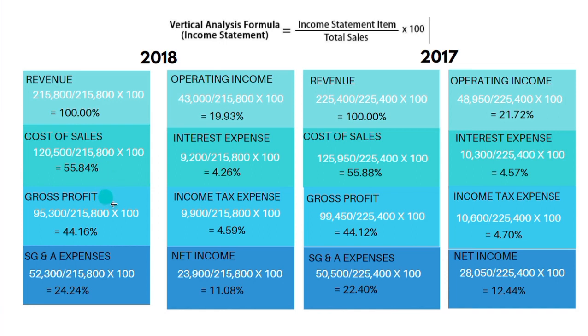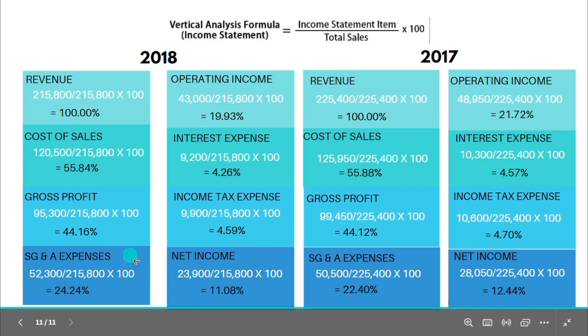Sa gross profit, meron 95,300 noong 2018 divided by 215,800 na revenue noong 2018 times 100 is equals to 44.16%. Sa SG&A expenses, merong 52,300 noong 2018 divided by 215,800 na revenue or sales times 100 is equals to